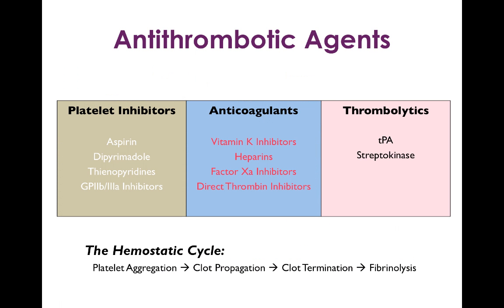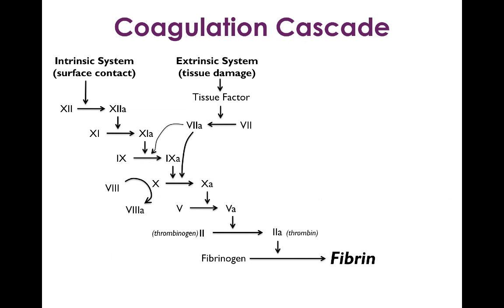Okay, those are the platelet inhibitors. Now let's talk about the anticoagulants. And here's the coagulation cascade. We'll briefly recap it, but I think it's really important to understand the coagulation cascade so that you can understand the anticoagulants. The whole point of the coagulation cascade is to generate fibrin, because once you